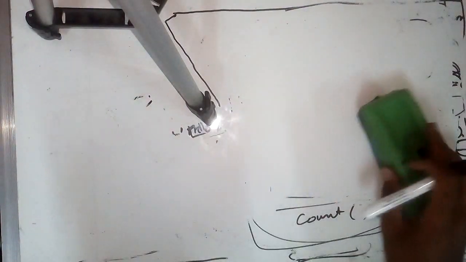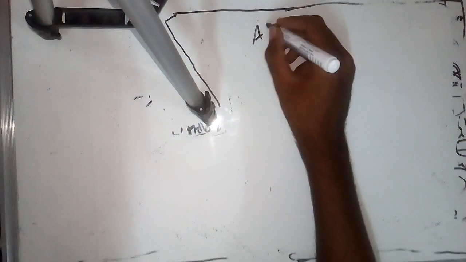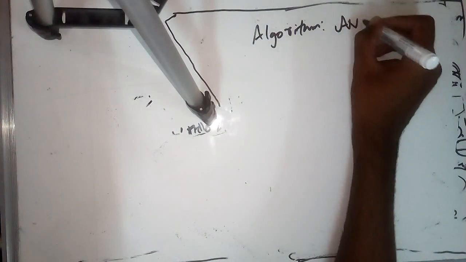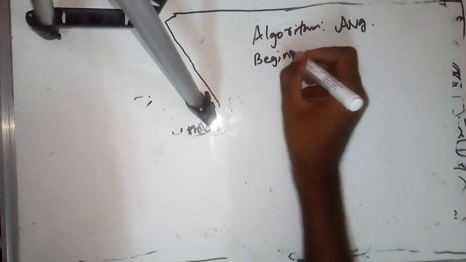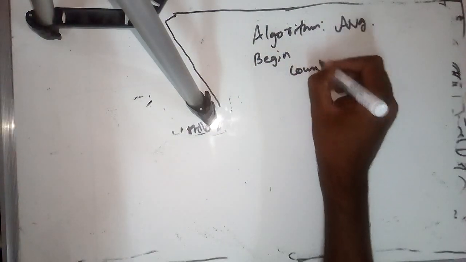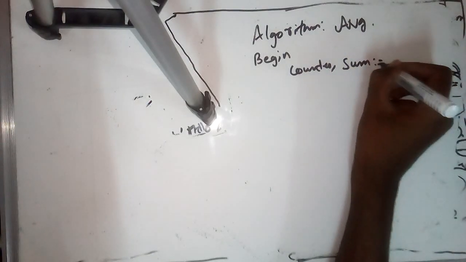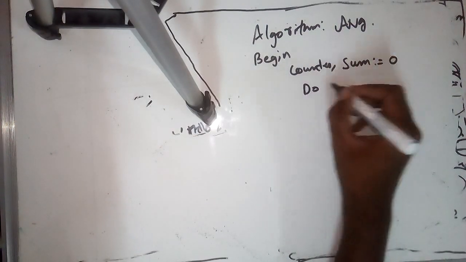So next thing is, can we write the same problem into pseudocode, and the answer is yes. How? Simple. Let's say we actually name the algorithm. Here we are naming it as average. Okay, and then we are beginning it, so I write begin, and then we are having counter, we are having sum. Initially we have set sum as 0, and after it we are having a while loop,